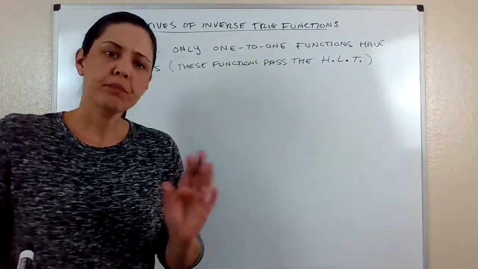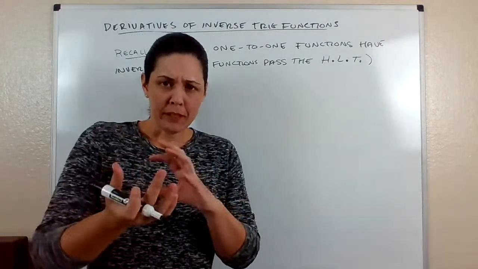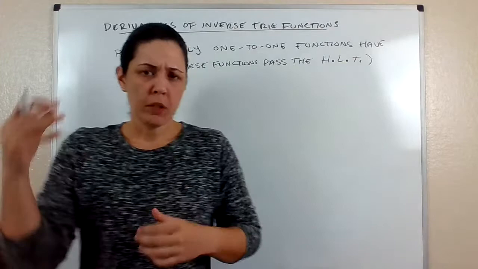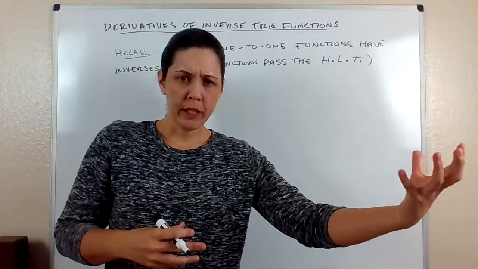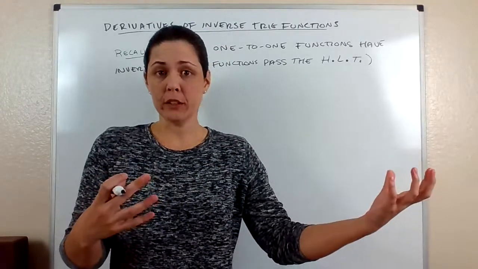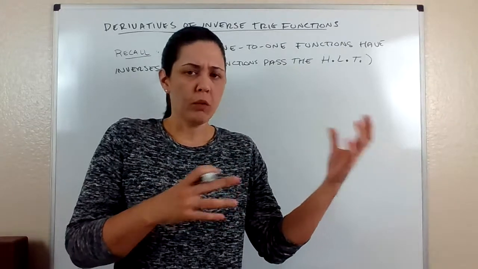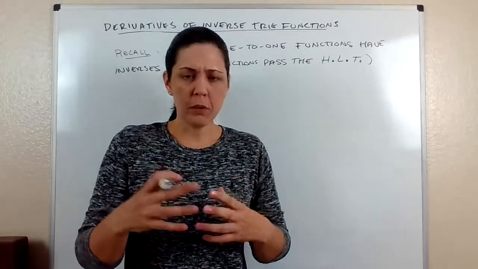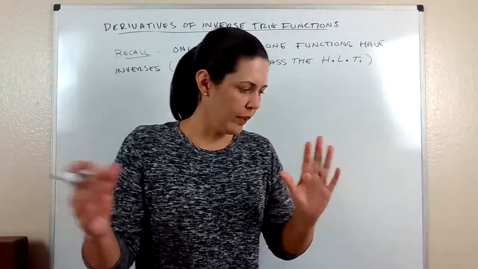All right, so real quick, just talking about that. If I want to do the opposite, or if I want to go backwards, so let's say I put a number into my function, I get a number out. If I want to go the other way, if I want to start with the output and find the input, it has to be one-to-one to go backwards. If I plugged in one thing and two numbers came out, or I plugged in two different numbers and I got the same answer,